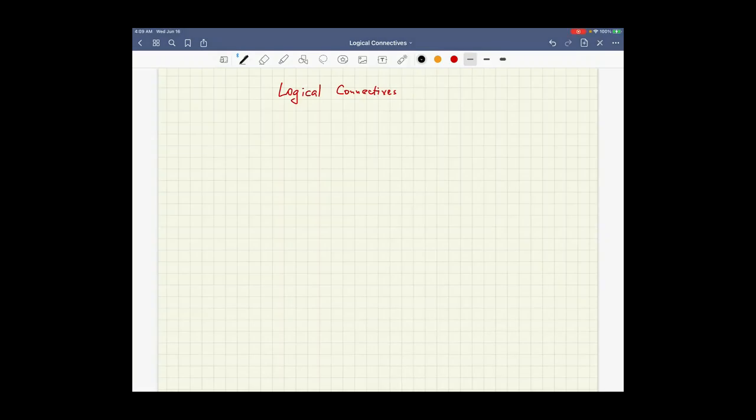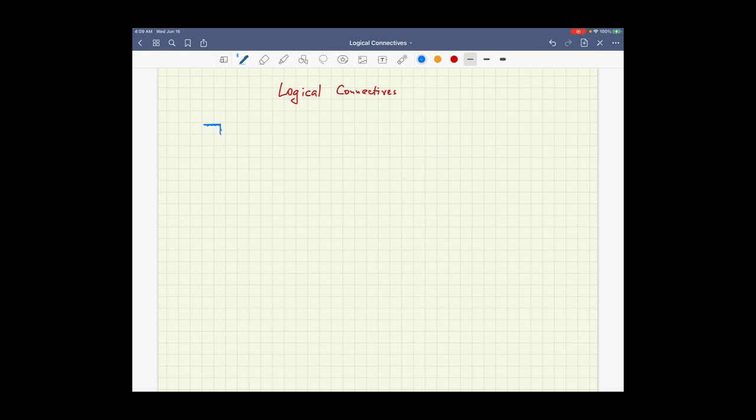The second topic in this first chapter is logical connectives. This is pretty much another set of symbols that we will use to do mathematics, by which I mean construct sentences. So we will talk about 5 different logical connectives, which will be